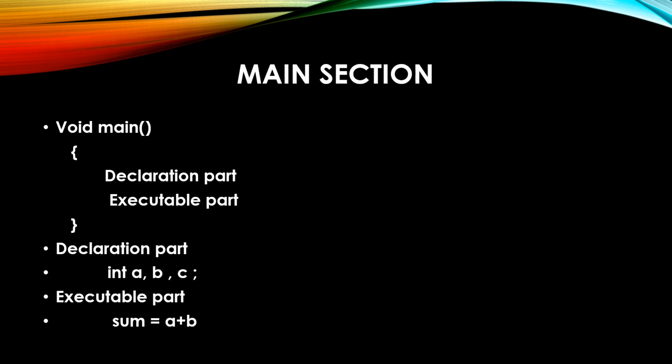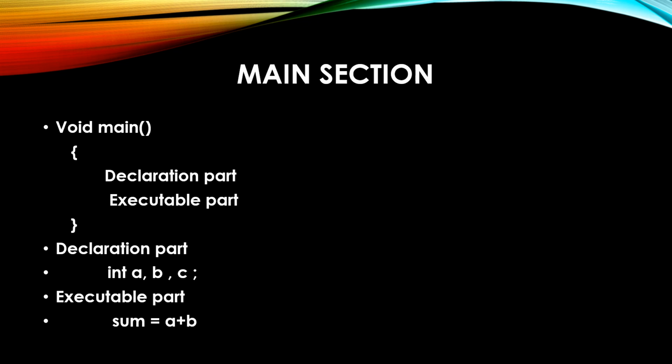And in a program there can be only one main function. In a program you can use only one main function. Always, when you compile that program, control will go to the main function. Okay, how do we write the main function?